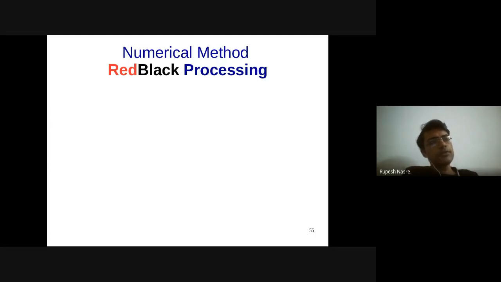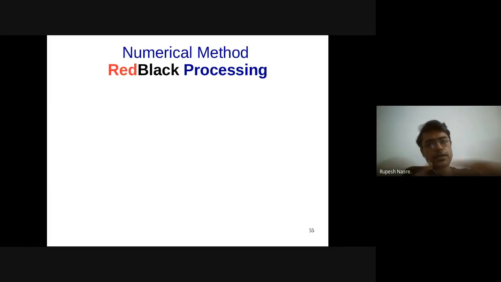So one of the ways in which we have studied this helps is by converting all of this ij space into two parts, one involving the red processing, another involving the black processing. The red processing and black processing are separated in time, and they are designed in such a way that red always reads from black, and black always reads from red.